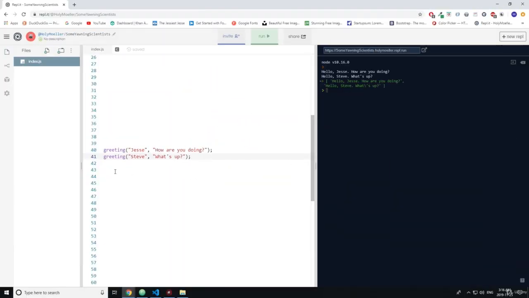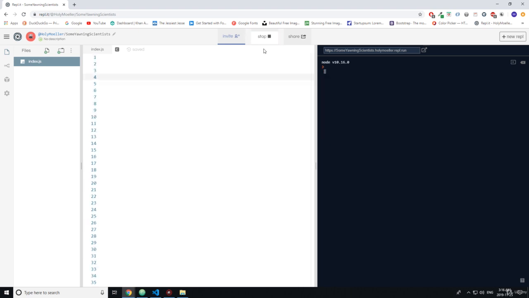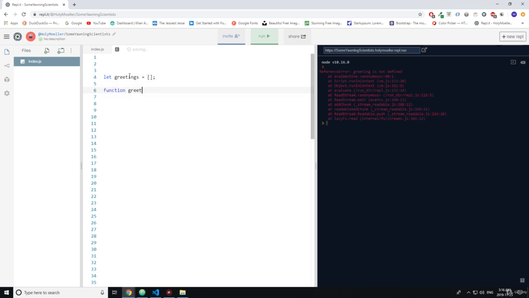Okay, so I just went ahead and deleted the code from up there. So there's no code now. So if I click run, there's going to be an error. It says greeting isn't defined, and I'm going to write it. So first is the greetings array, and that needs to be outside the function, and then a function called greeting that takes in a name and a message, and then I'm going to say let greeting is equal to,